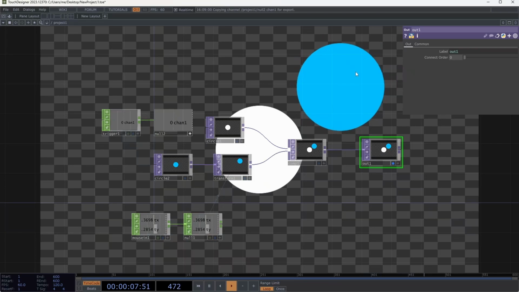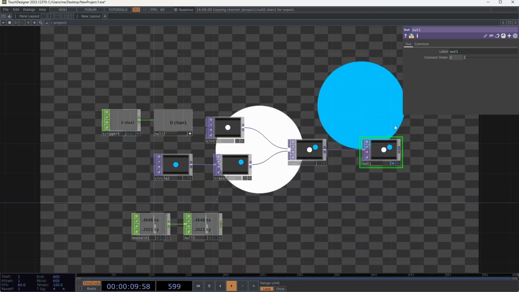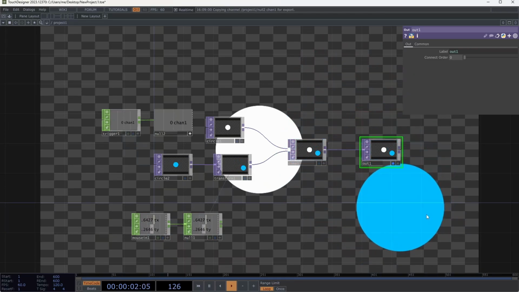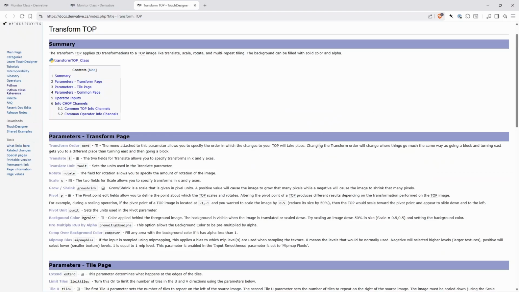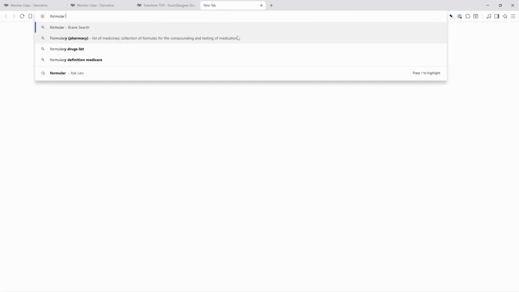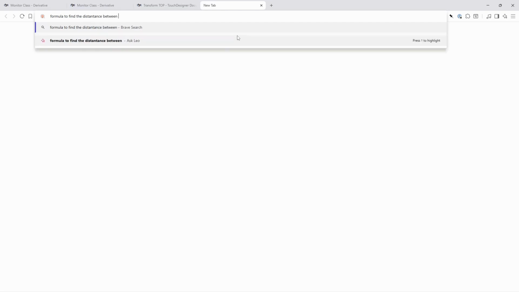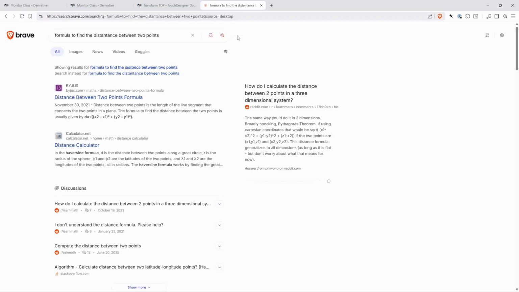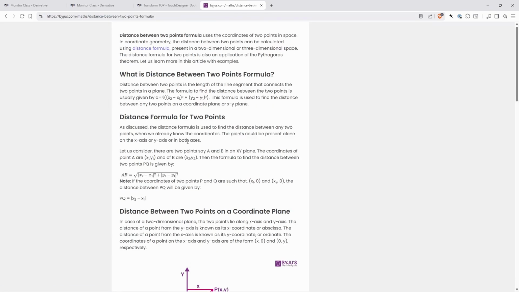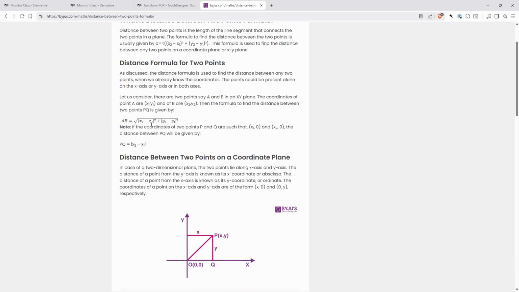So how do we find that? There is a formula. If both of them were moving around, the formula is a little more complicated, but I think the formula is a lot easier because the one in the middle is always at 0, 0. So let's just try and find the formula. Formula to find the distance between 2 points. Let's see. Okay, so the formula is